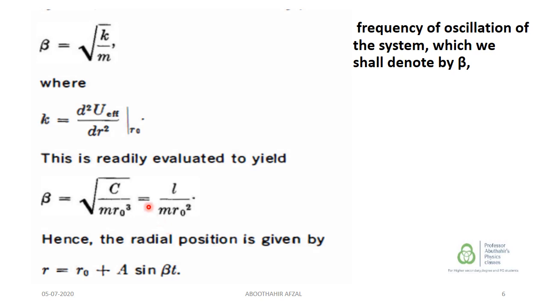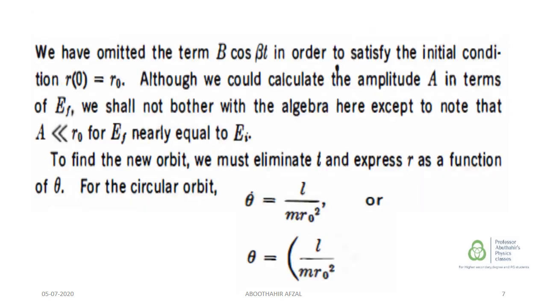So this type of equation, the solution is given by, because this is a second order differential equation. The second order differential equation has a general solution, a constant R0 plus a sine beta t. This is the general solution of a second order differential equation. And coming to the next slide, we have omitted the term b cos beta t in order to satisfy the